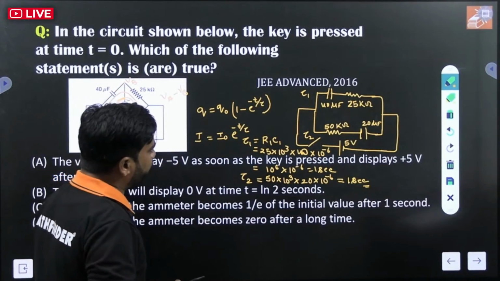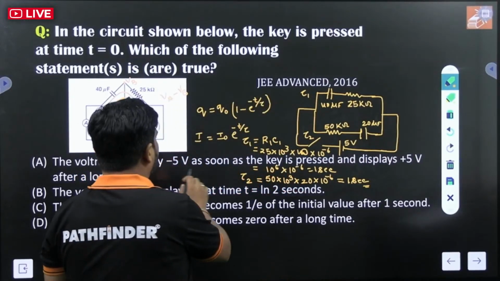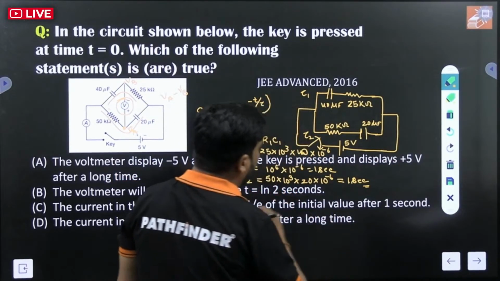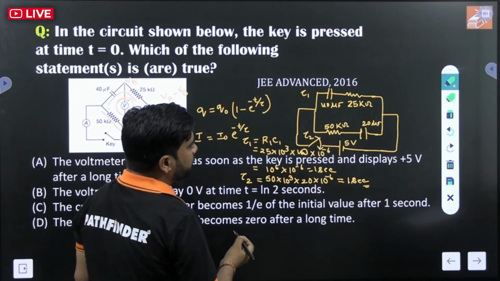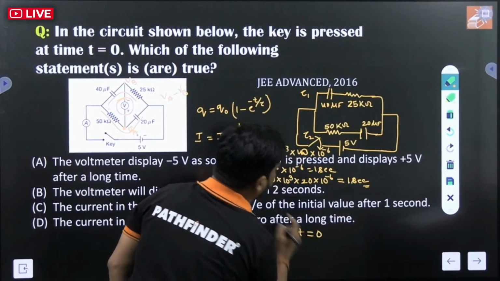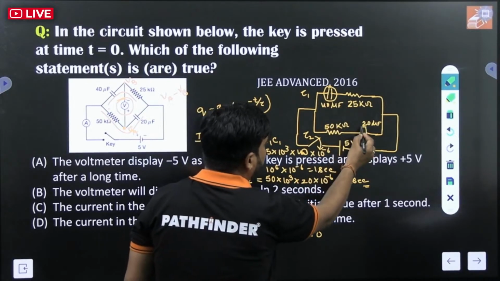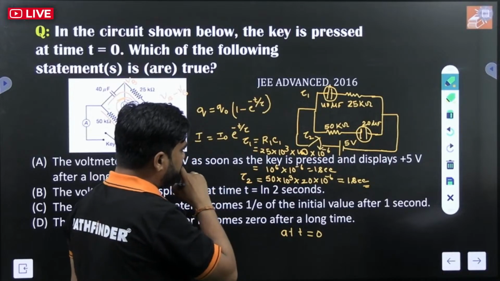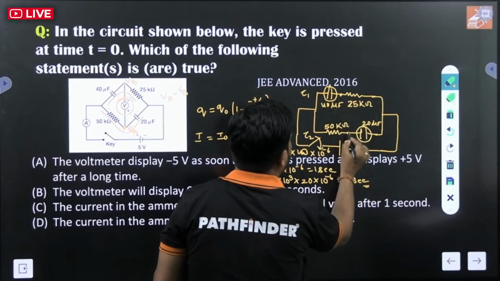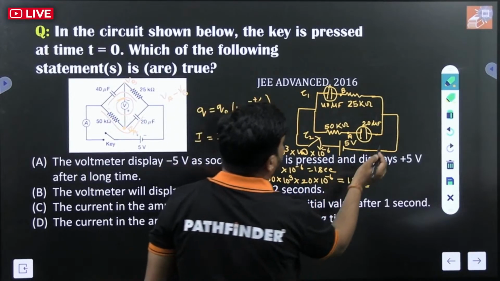नाउ लेट्स सी, अब यहां पर as soon as key is pressed, जैसे ही तुम की को प्रेस करोगे at t is equal to 0, what is gonna happen? यहां पे मैं कर दे रहा हूं, at t is equal to 0, what is gonna happen? ये कैपेसिटर क्या एक वायर की तरह काम करेगा, इट विल एक्ट एज अ कंडक्टर। अब जैसे ये कंडक्टर की तरह काम करेगा, यू हैव टू कैलकुलेट द पोटेंशियल अक्रॉस दिस VA, दिस इज योर पॉइंट A एंड दिस इज योर पॉइंट B।